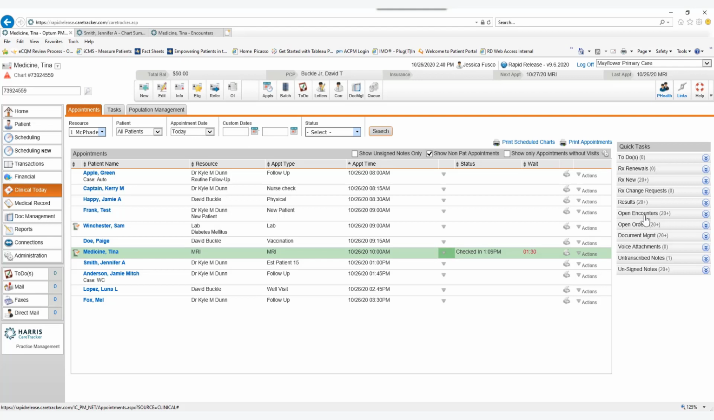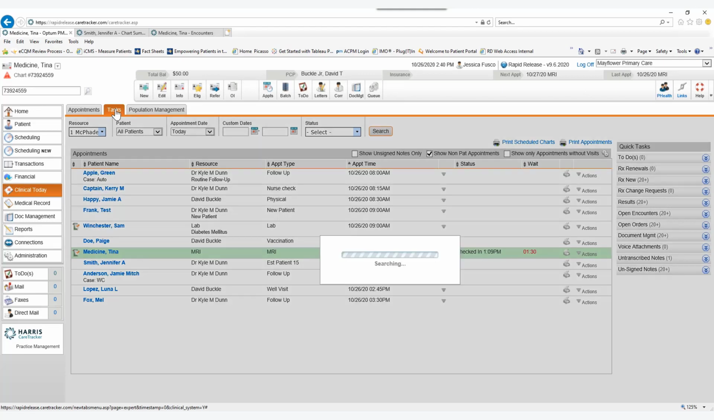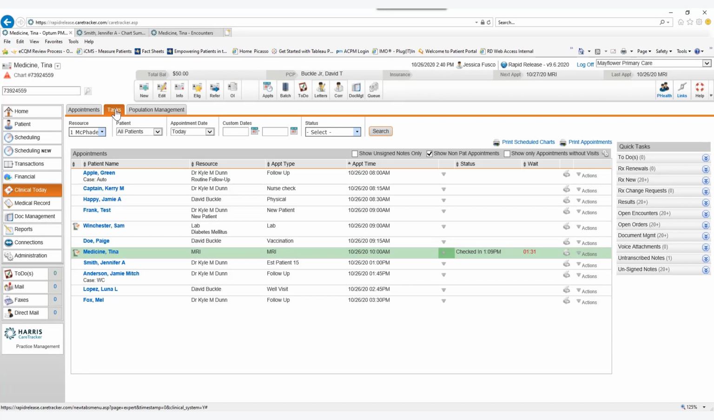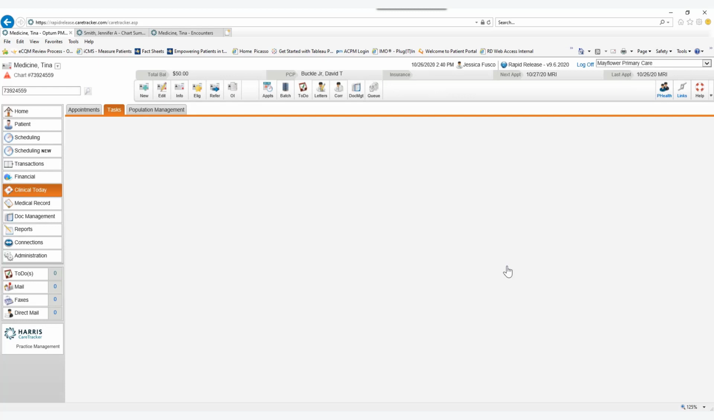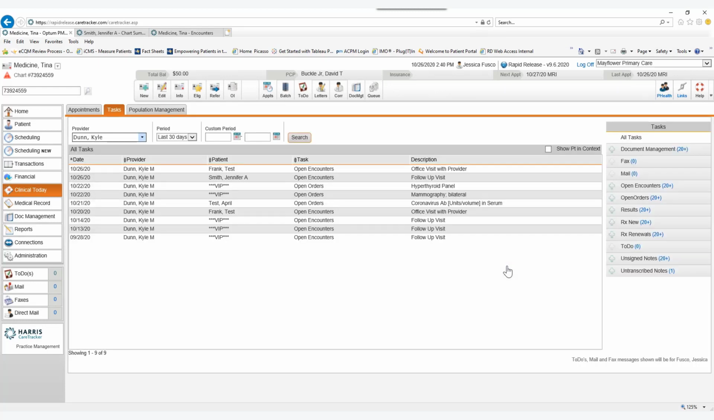You can also select this task tab here on Clinical Today if you want to see the practice as a whole. Warning with the task tab here, it could take a few minutes to generate because it's taking all of these quick tasks that you have over here on the right hand side and opening them all up at once. So it could take a few minutes, could take a few seconds, depending on how much information is stored underneath that particular